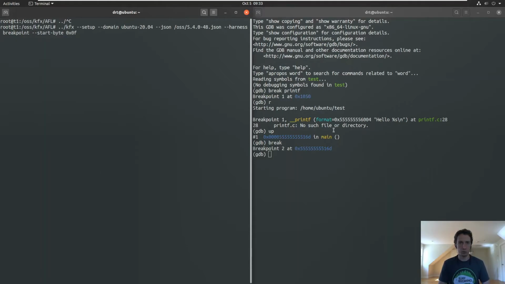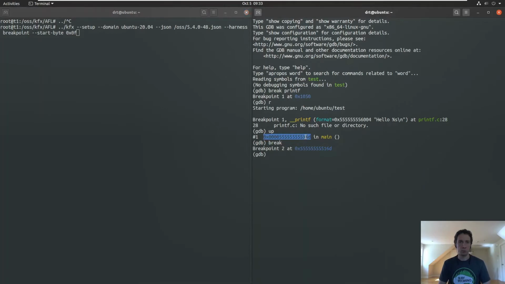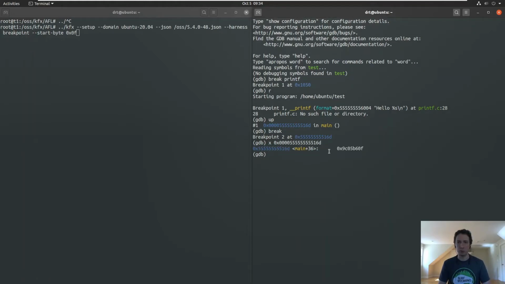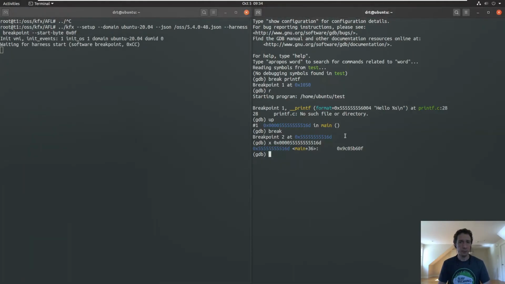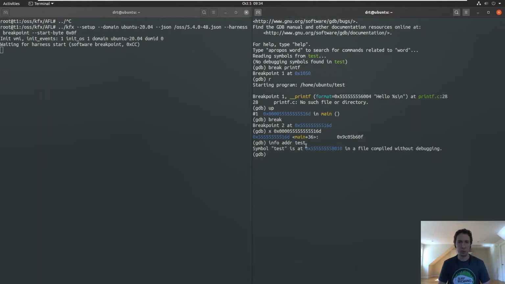So here, this is the command line arguments that I already said before, and where that 0x0f comes from, we can determine by just looking at the memory address using GDB. We see that 0f is the last byte displayed. That's actually the first byte in memory. It's just due to endianness. It's displayed in the reverse order. So now I started KFX with the breakpoint harness type,